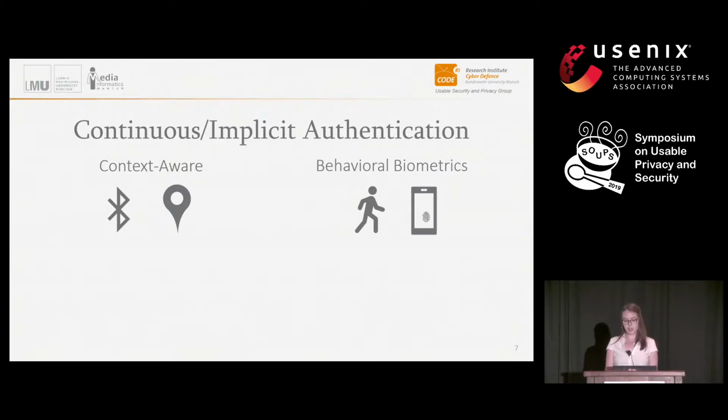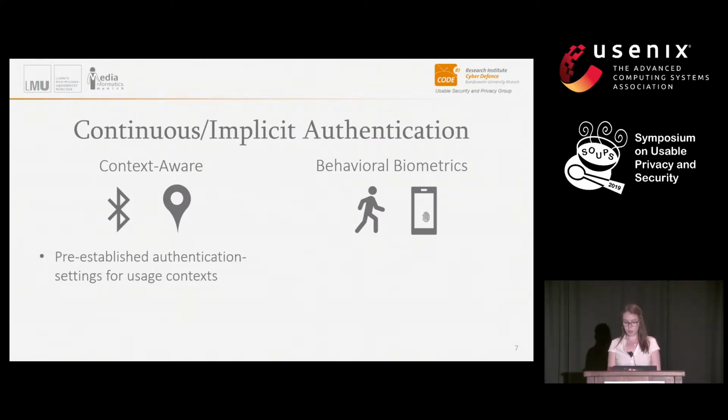There are two basic approaches on continuous authentication, which are context-aware and behavioral biometrics. Please note here that I will use the terms implicit authentication and continuous authentication interchangeably. So the first approach, the context-aware implicit authentication, is where the device continuously detects the current usage context, and it activates different unlocking methods depending on the context. So if a context is insecure, it will choose a more secure authentication method.